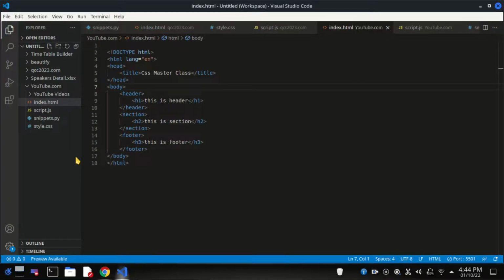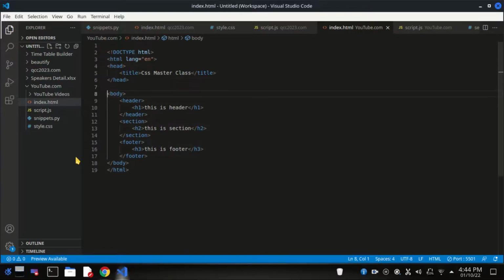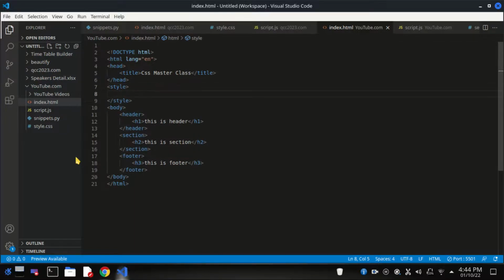In this video, we are going to go through some of the basic CSS properties, and we have our basic HTML code written down. For adding CSS to this project, we are going to create a style tag, and within the style tag we need to specify which element we want to select. For example, if I want to select all the h1 elements in my project, I am going to type h1,